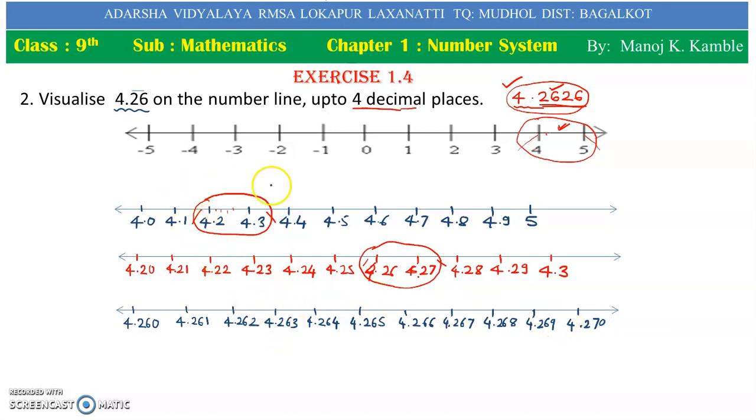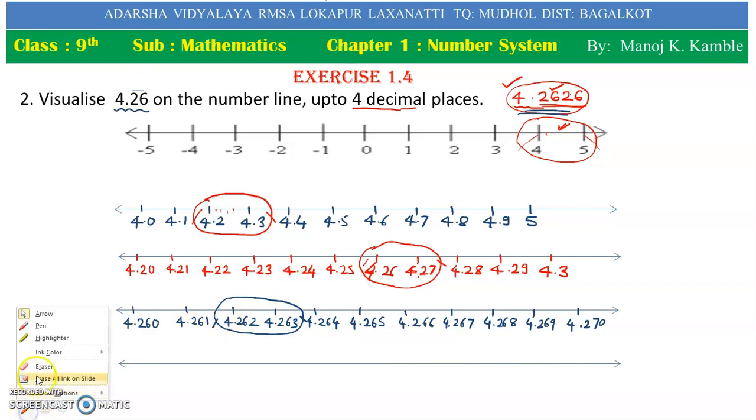So now check once again our given question, 4.2626. 4.262. Next, the given number is present in between 4.262 and 4.263. Next once again magnify this part. Okay, the number line is,